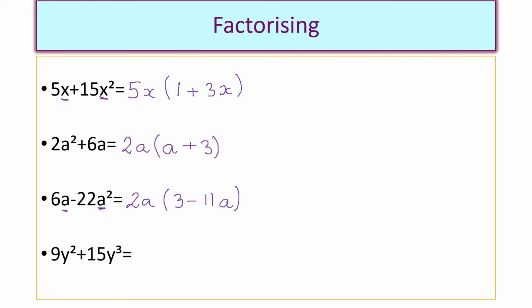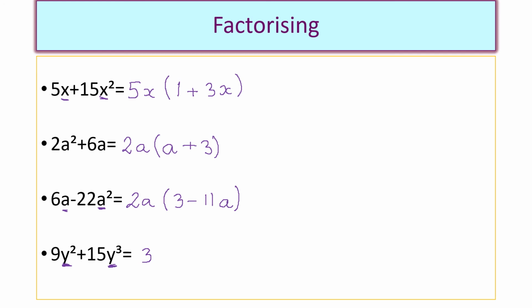And the last example, a little bit harder. Again, numbers and letters are involved here. So I need to find the highest common factor of 9 and 15, and that is 3. 9 doesn't go into 15 without a remainder, so the highest common factor must be less than 9. And now notice both